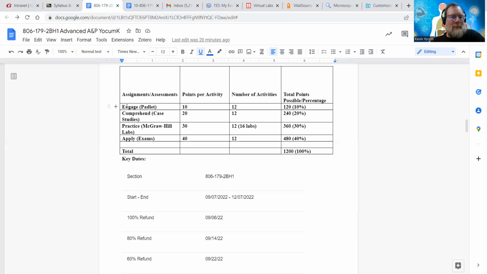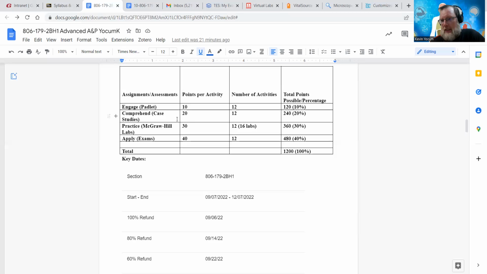So here are the 4 items that you'll do. You're going to do 12 Padlet entries, along with one question, kind of a Likert scale, which is basically a satisfaction survey, with each Padlet. That's how it registers in Blackboard that you've completed your Padlet. So there's a little two-step process for getting credit for those.